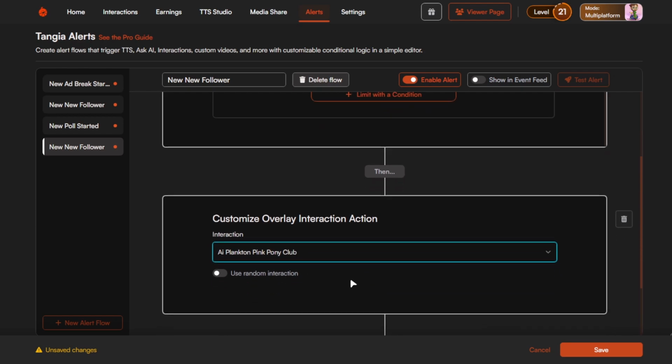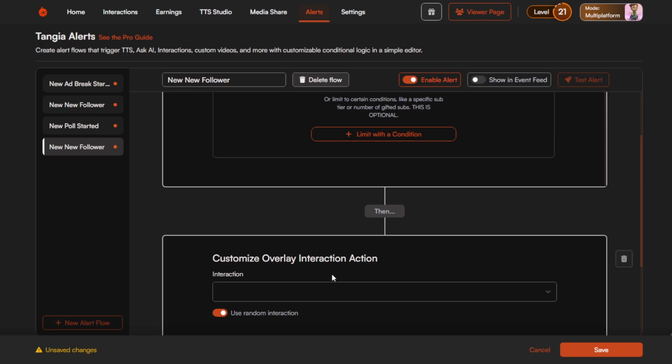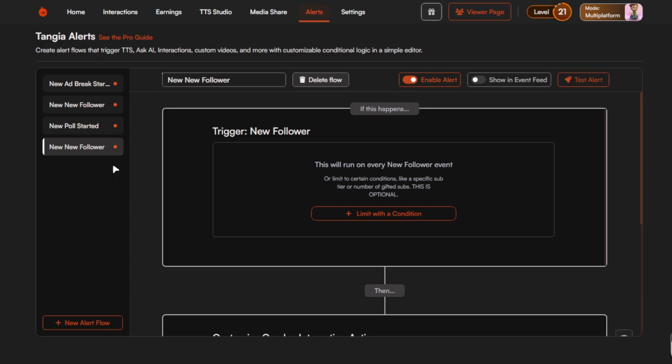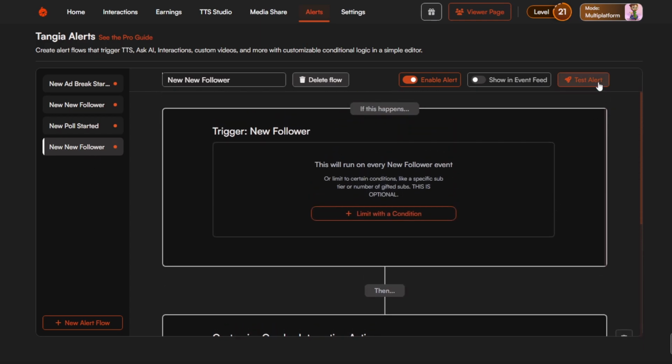Or if you've only got, say, 20 interactions enabled, and for each follower alert you want it to do a random one, you can click use random interaction. So that would then play the custom overlay interaction action, and then all you do from here is click save, and that is done. If you want to test it to see what it looks like, you can click test alert here,